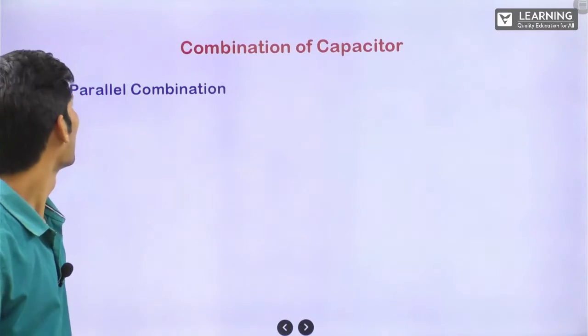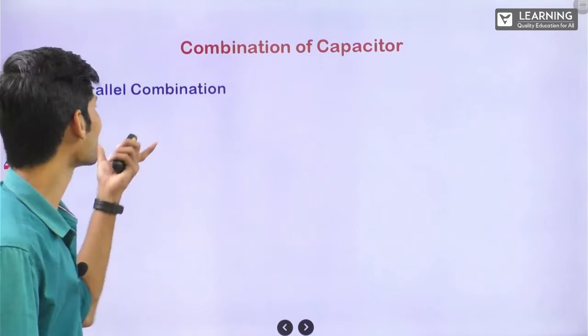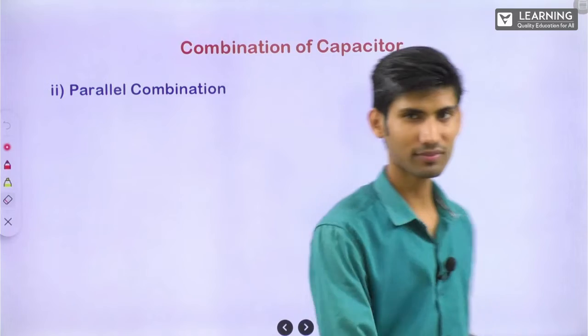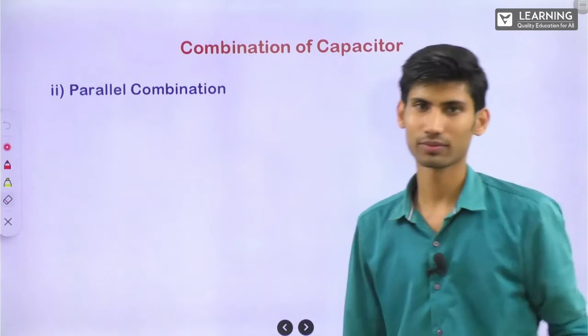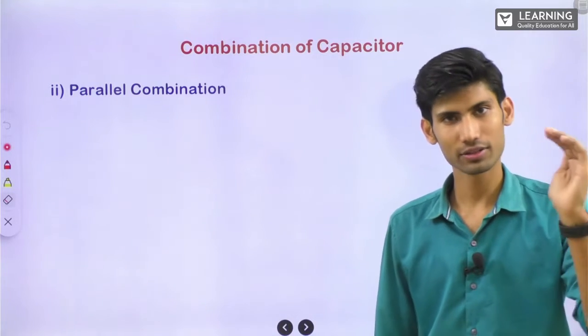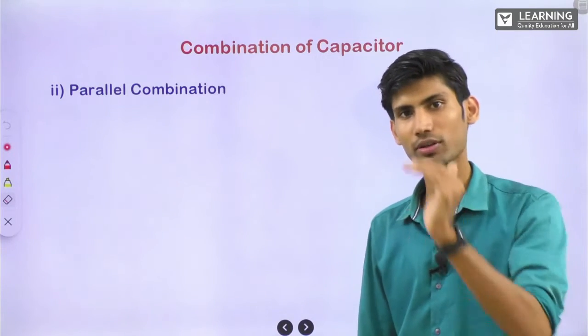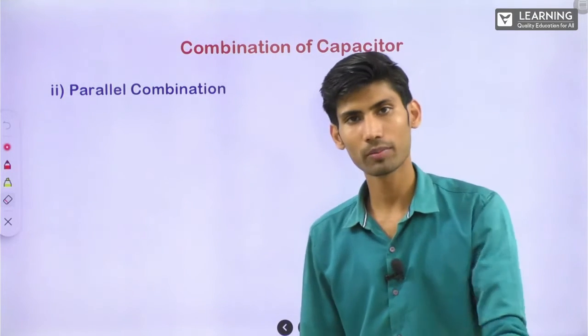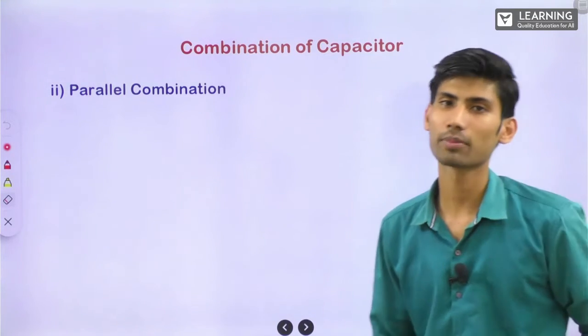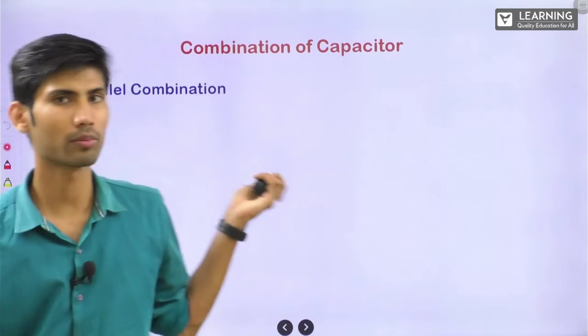All right. Now, combination of capacitors, parallel combination. Series, I hope everything you remember. First, V1, V2, V3, right? Second, 1 upon C equivalent is equal to 1 upon C1 plus 1 upon C2 plus 1 upon C3. Third, total energy of the combination, and then total energy supplied by the battery. Here also we will talk about these 4 things.